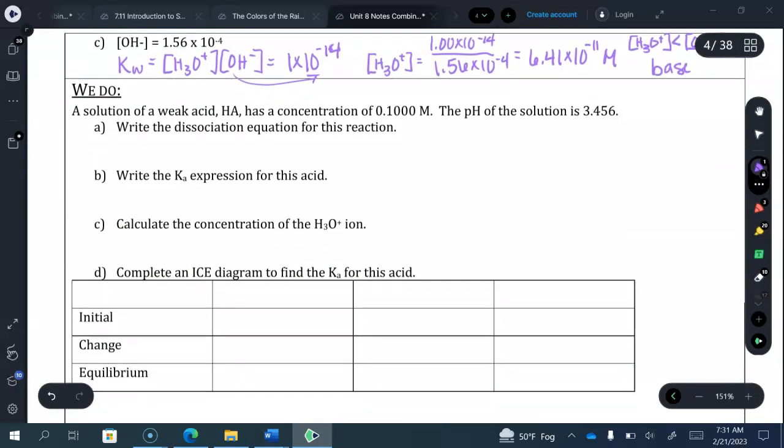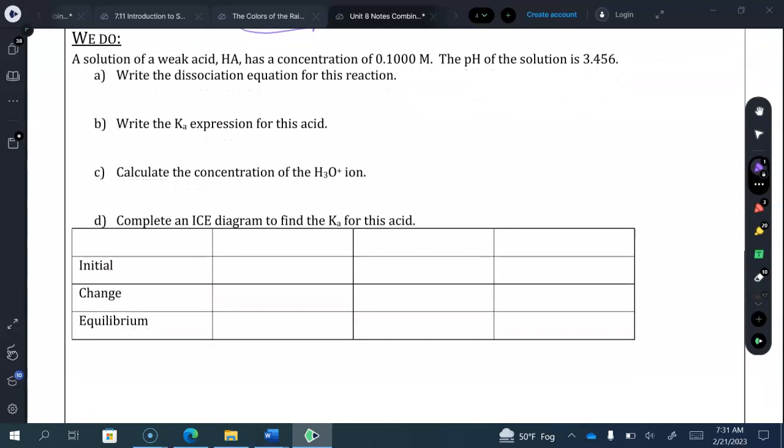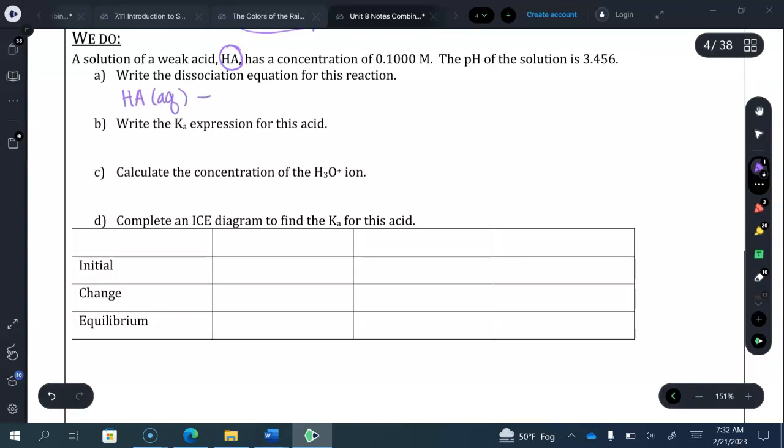Okay, so let's look at the we-dos. We have a solution of a weak acid, HA, with a concentration of 1.000 molar. The pH of the solution is 3.456. So this is an equilibrium reaction, and we're going to write the dissociation equation for it. HA as a weak acid doesn't completely dissociate. So we would say that HA, aqueous, is going to react with water